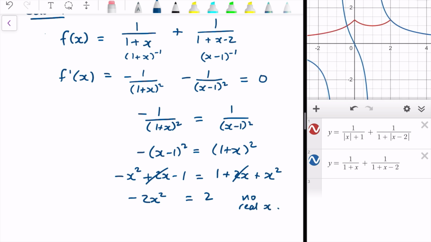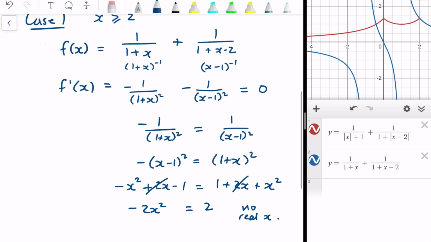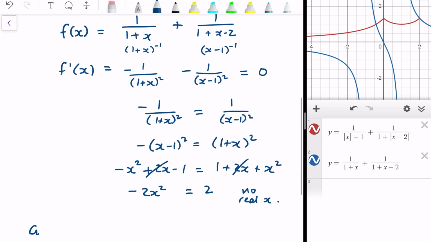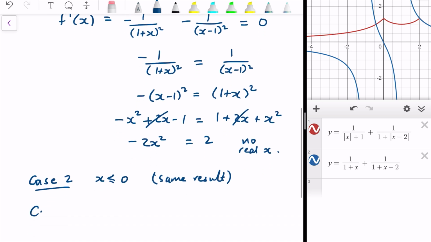Now, to save us some time, I would do that for the case where x is less than or equal to 0. That maybe is my case 2. x is less than or equal to 0. I would get the same result. So really I'm just considering the values in between 0 and 2. So case 3,